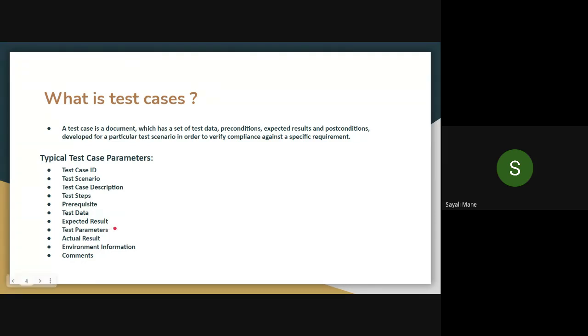The common parameters are these: ID, descriptions, test steps, expected results, actual results. This is one sample, and based on such a sample, every company creates their own test cases.